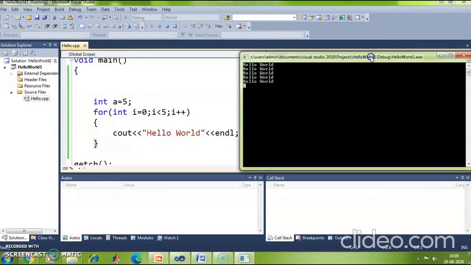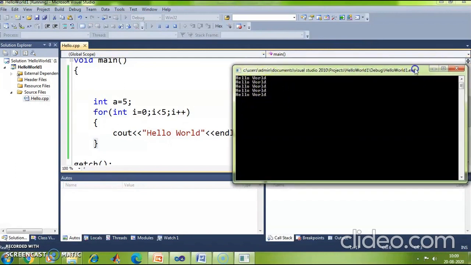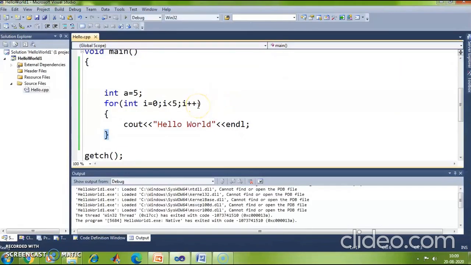Now let's see whether I am getting the output that I desire. If you see the output over here, hello world is printed 5 times, and this was the output that I expected, right? Now instead of incrementation operator, can I use decrementation operator? Yes. In that case, my initialization and conditional check also changes. So I can initialize the value of I to 5. And what would be my conditional check here? I have to decrement from 5 to 0, right?